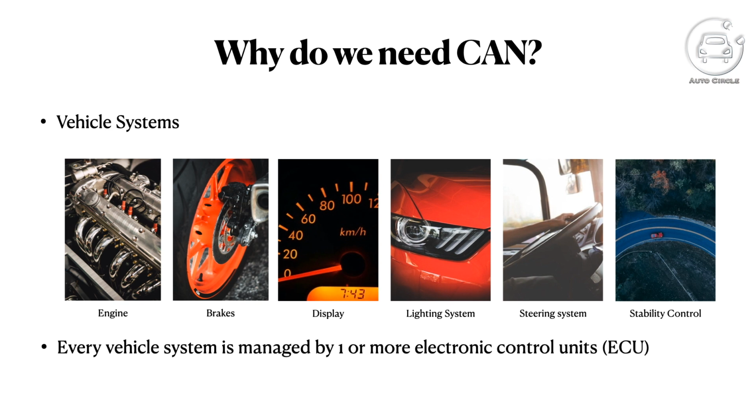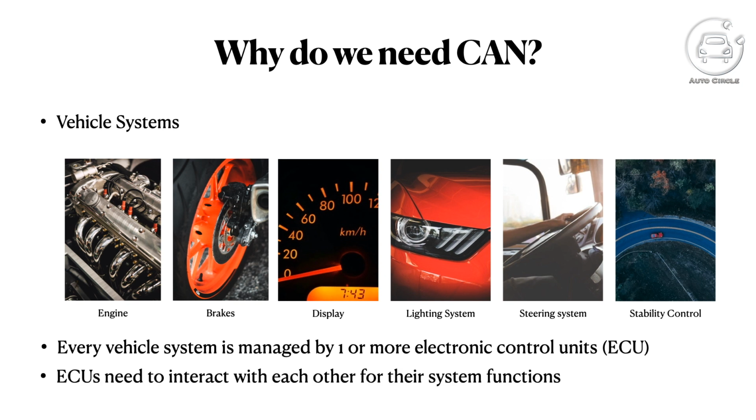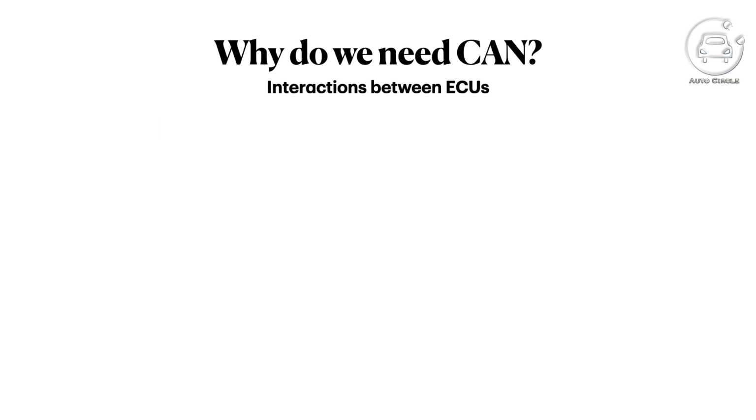We call them ECU. To perform its function, the ECU may not have all of the data by itself, so it needs to interact with other ECUs in vehicle and get the necessary data to perform its function. Similarly, the ECU is also responsible for giving data to other ECUs so that they can perform the relevant function. To elaborate more on this, let us see an example of interactions between different ECUs.